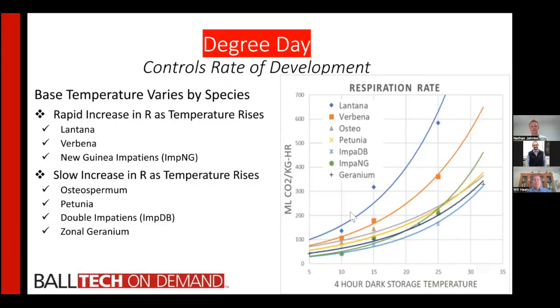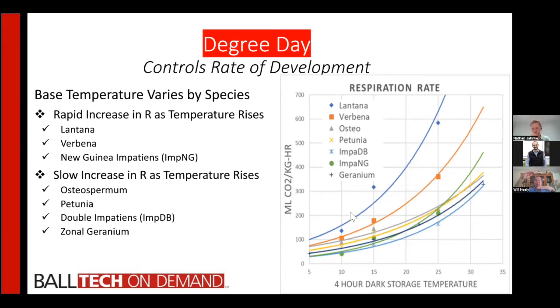When we move on to the whole issue of degree days, I mentioned this earlier. Degree days is a measurement of how much temperature above a base temperature. This base temperature is where plants just don't grow because it's just too cold. So as you increase the temperature